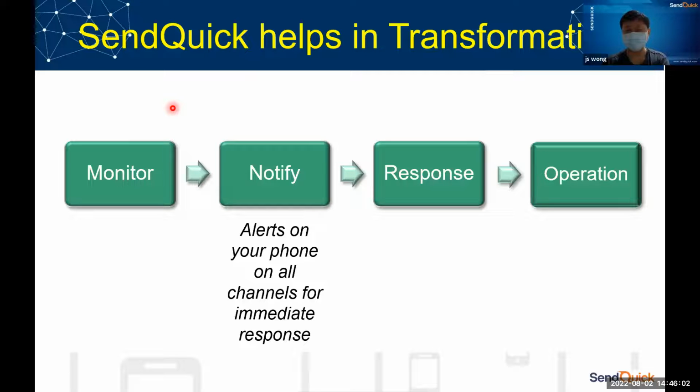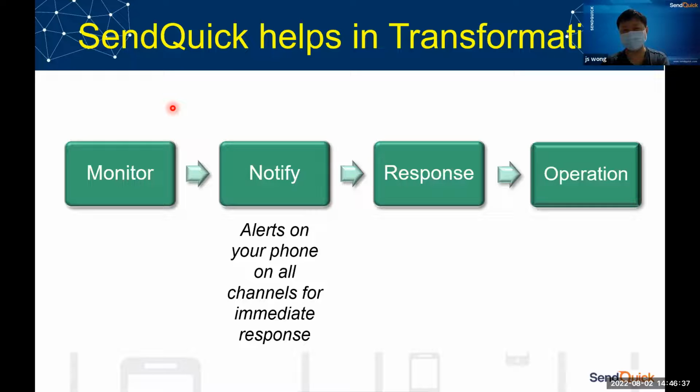SendQuick is the only product that, if you're today using, let's say, Telegram or WhatsApp, there's nothing wrong with that. But Telegram and WhatsApp require the internet. If the internet fails, you will not be able to send messages. So SendQuick can send to Telegram, WhatsApp, and many others. At the same time, if the internet fails, we can still send SMS to the SIM card on your phone. If you have a critical environment, this is the answer for you, because you cannot tolerate any